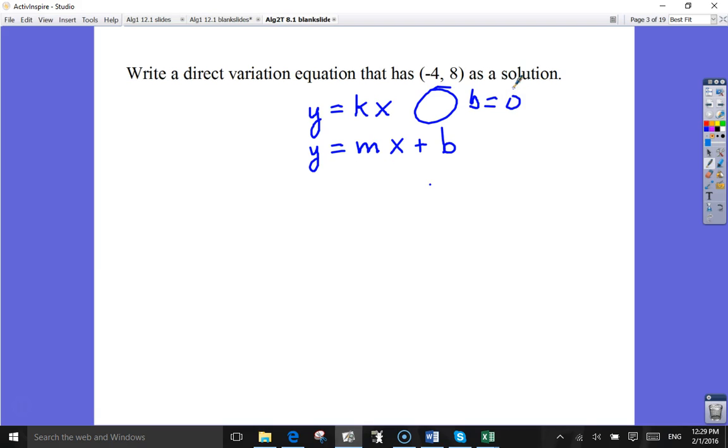So if I graph this one point, I've got a direct variation, straight line equation. It goes through the point (-4, 8), I'm going to estimate here. And because it's direct variation, I know for sure that it goes through the origin, (0, 0). Right? So if I sketch that line,